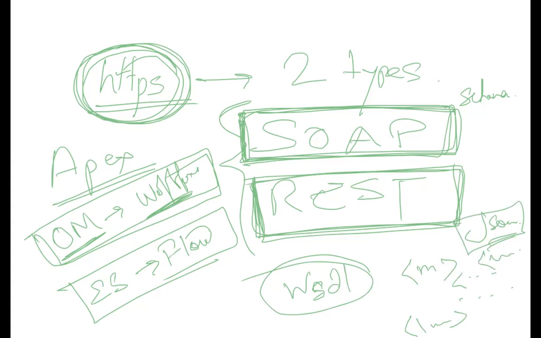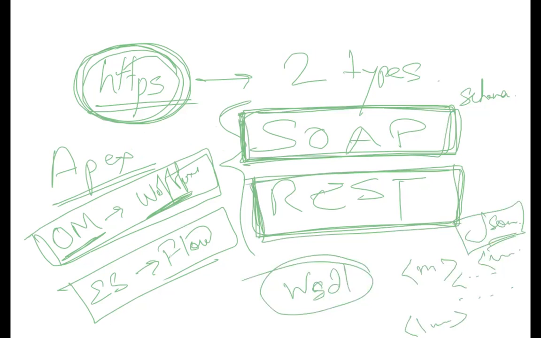JSON is basically JavaScript notation. You will have a property name and property value, property name, property value. This is a simple notation, so it becomes very lightweight for people to understand.